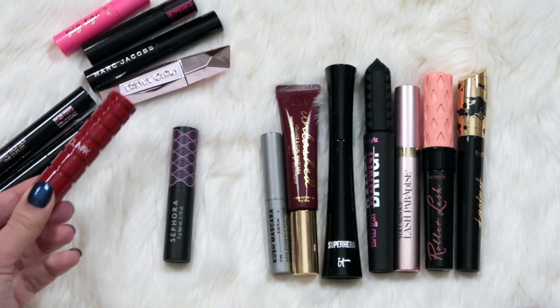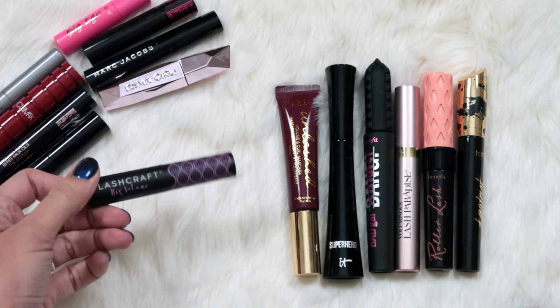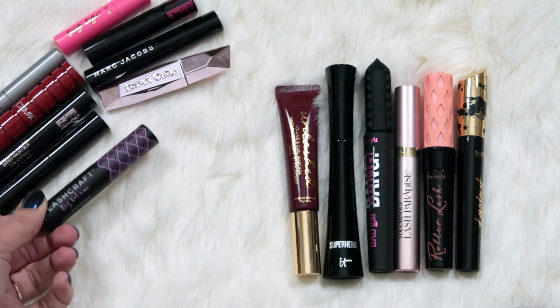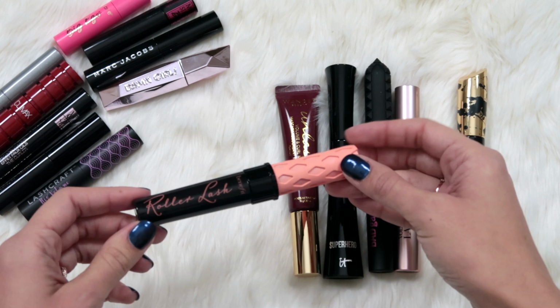NARS Climax I've heard really great things about. The Milk Makeup Kush mascara I've wanted to try forever. There's this little Sephora Lashcraft Big Volume mascara. Haven't heard anything about that, but would be happy to try it out. And then the set also came with a full size of Benefit Roller Lash, which is something I haven't used